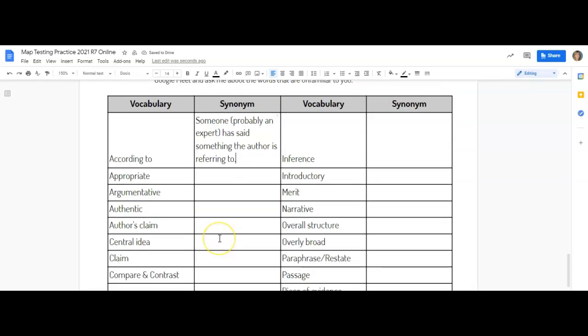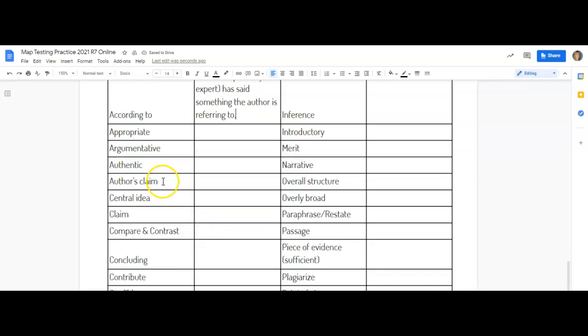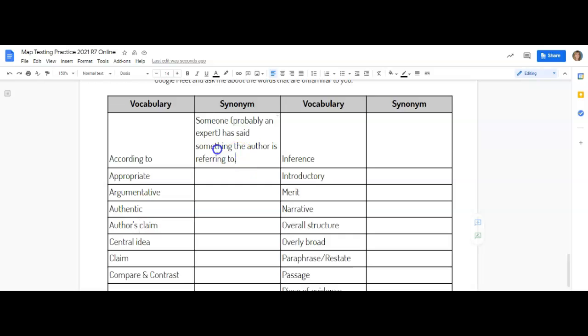So you just do all of them that you know what they mean. Claim is all about argument. We had the, what is the argument, the claim, the counterclaim, the objection that you might think in that. Some of these are going to be really familiar to you, some of them not so much. But get your brain working on them so that you're not thrown for a loop on the map test